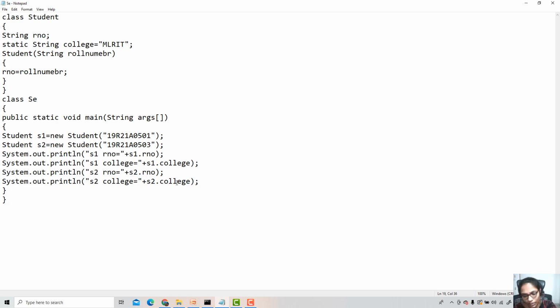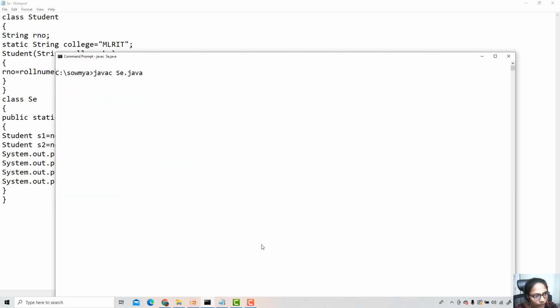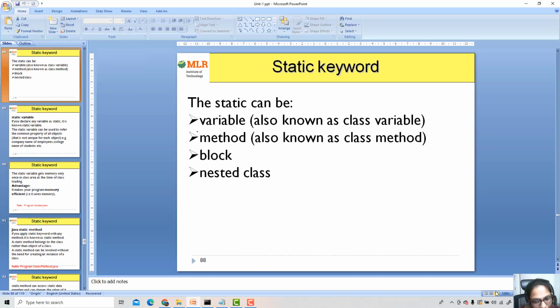I'm just saving this and now checking. See, I'm not getting any errors, right? Even now I'm getting the same output. But even if you get the output, it doesn't mean MLRIT is saved in your object. It belongs to your class only. So this is about static variable or static data.